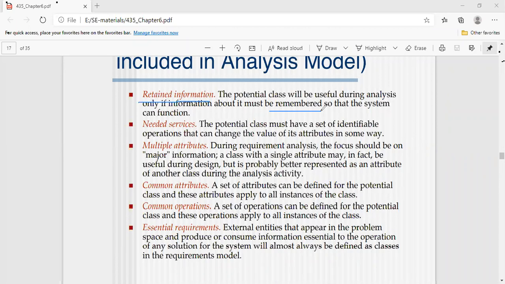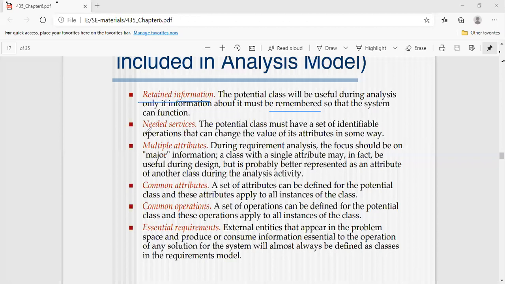Such situations arise in our daily lives. For saving such transaction information, we need some potential classes. What is the first potential class? It will save the information, that is called retained information here.